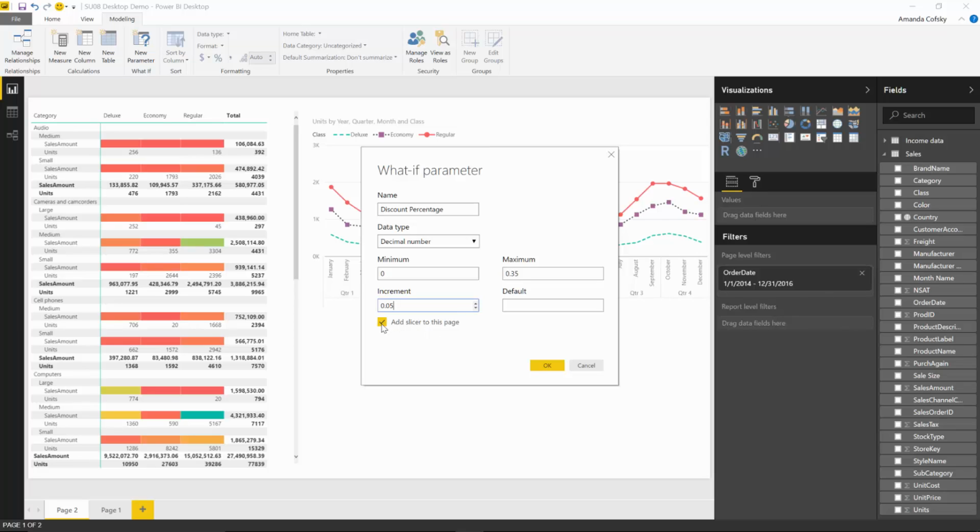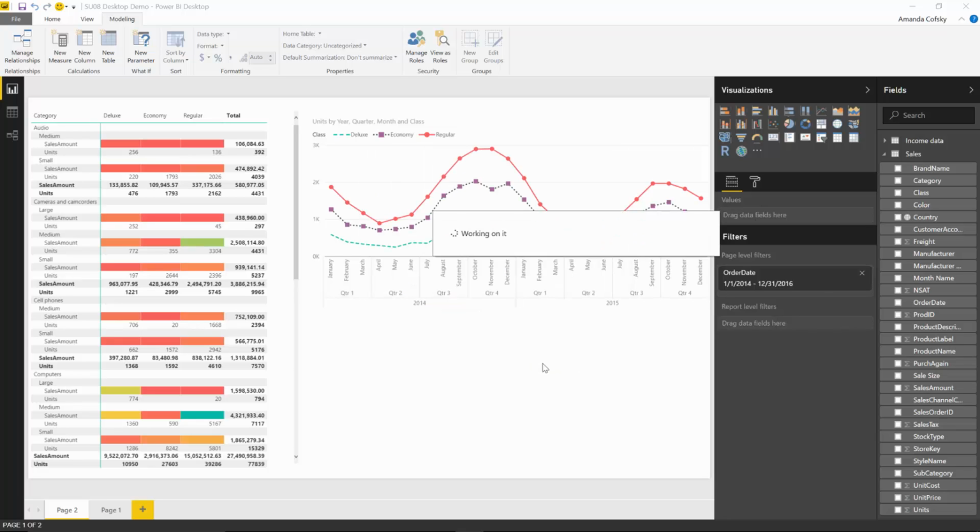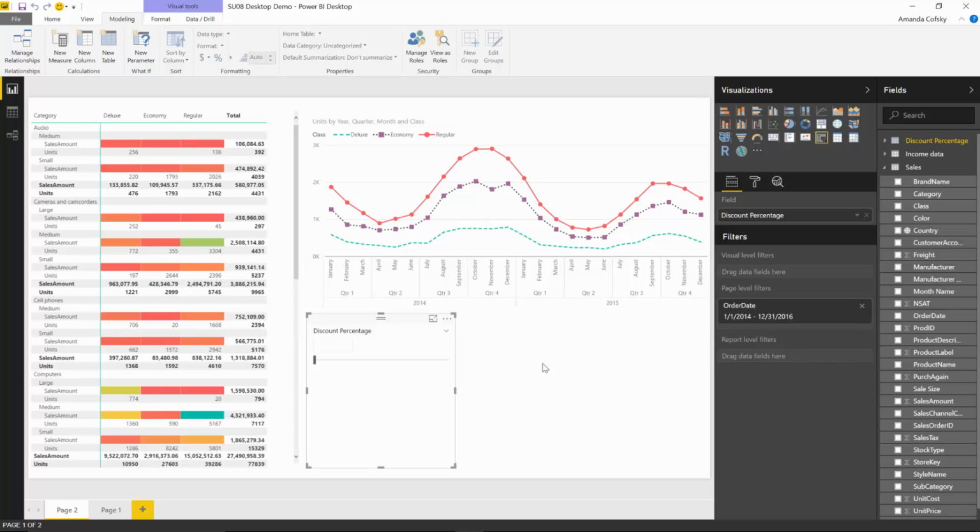And you'll notice this last option here is a checkbox. If you leave it checked, we will, by default, add a slicer automatically to your report page using this parameter. Of course, if you uncheck it, you can always go back in and add your own slicer, but this is just a nice little feature to help you get set up faster. And once I hit OK, you'll notice a couple of things. First, since I had that checked, you can see I have my slider here just automatically added to my report, and I can change its increments from 0 all the way up to 35 in 5